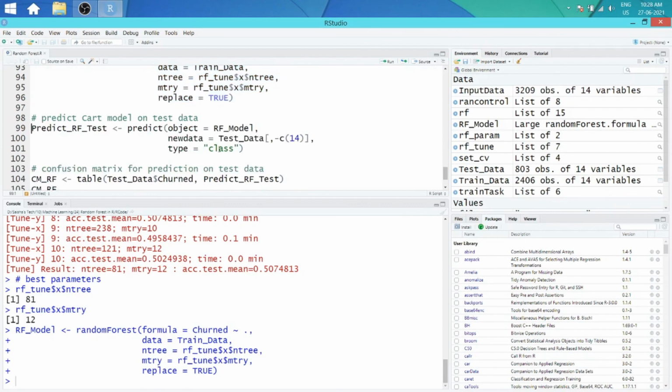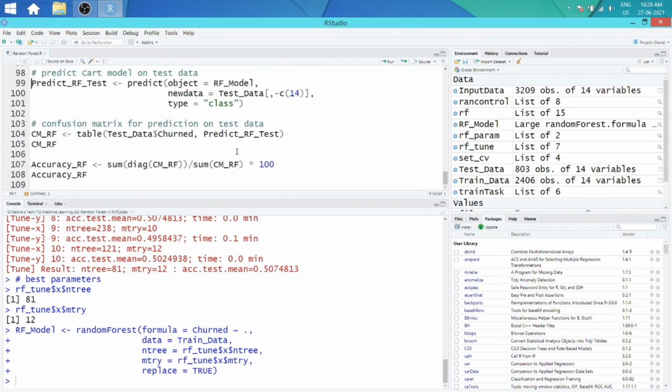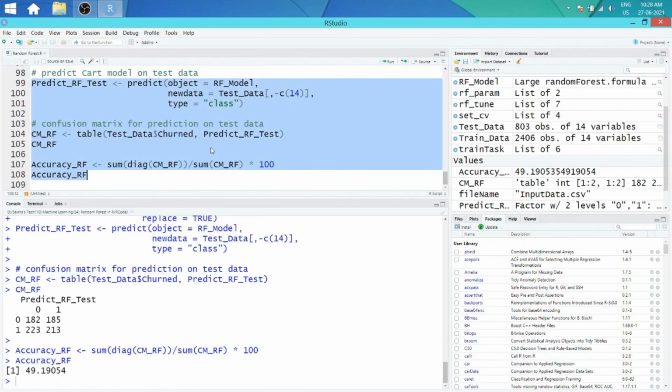Similarly, I am going to predict it on the test data and build the confusion matrix to assess the performance. This is how you build a random forest model with optimization of hyperparameters.